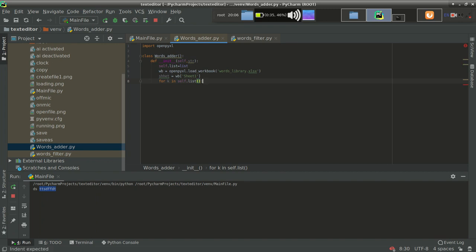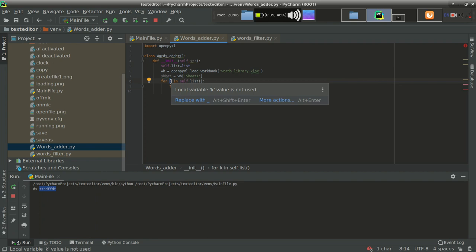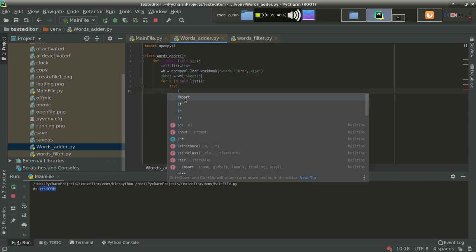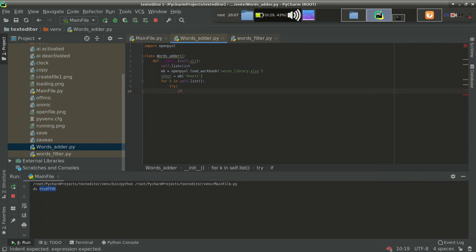And what I want is, since I am traversing word by word, here k contains the word. So what I will do is first of all pass a try except block, to avoid exceptions, because I am going to face exceptions. So this k contains the word. You can see from here this k contains the word. So this is a string also.